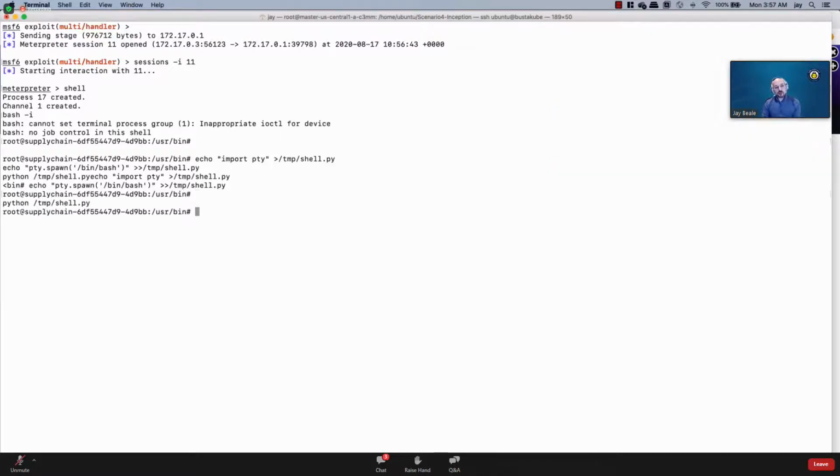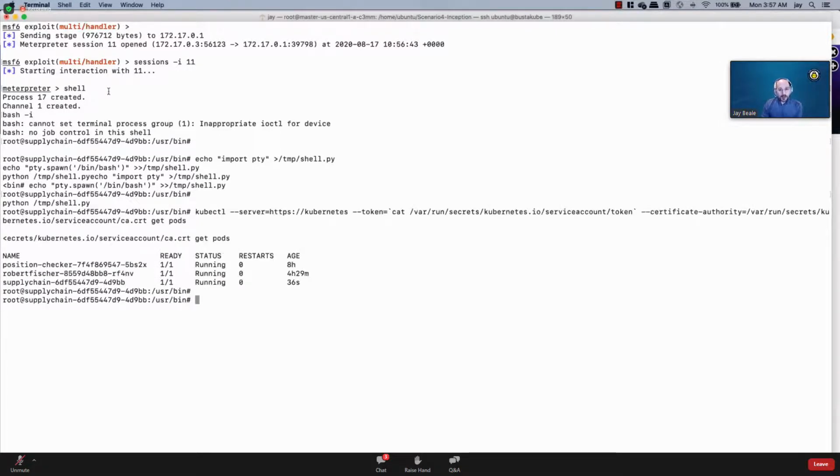So we've got this shell inside of the supply chain container, and I'm going to do a little bit of copy paste and run a quick command. I'm going to run kubectl. That's our Kubernetes binary. It's not in the container, but you can upload it there or pull it in. I'm going to tell kubectl, since there won't be a configuration file in here, because no one expects me, as an attacker, to be in here running commands,